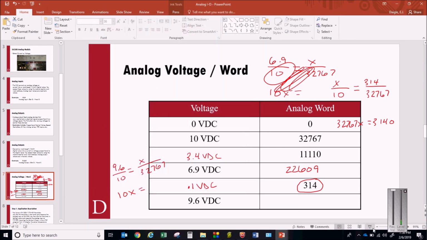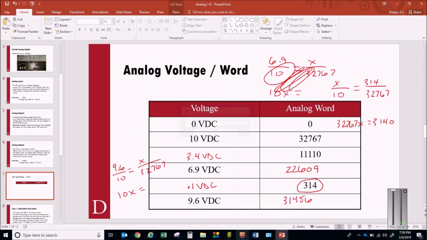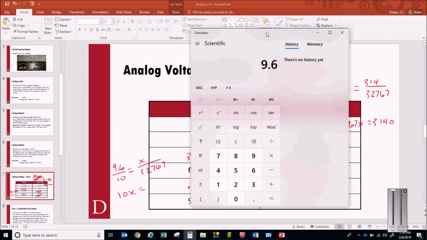31,456. Now, one of the things I want you to note as I write these, that thing had a decimal point to it. 31,000, I think it was 456 if I remember. I hope that's what it was. I'll test it one more time just to make sure I didn't screw up that number there. Calendar, yeah, there we go. I forgot my numbers already there. Okay, 9.6 times 32,767 equals that, divided by 10,